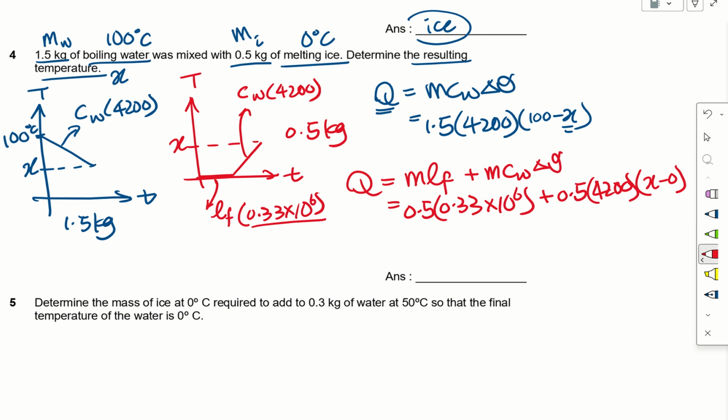So X is the final temperature. X minus 0, we can treat as X. So we have Q, which is unknown, and also an unknown of X. But because these two are the same,